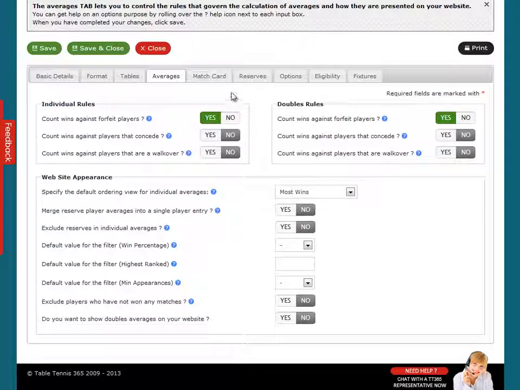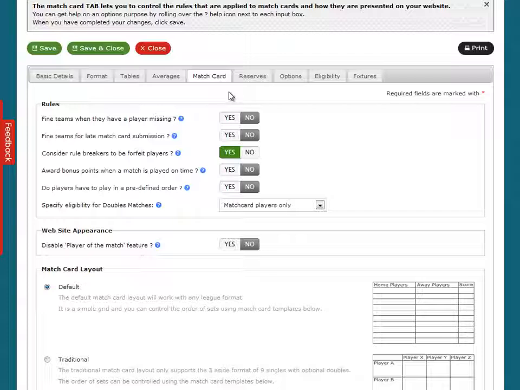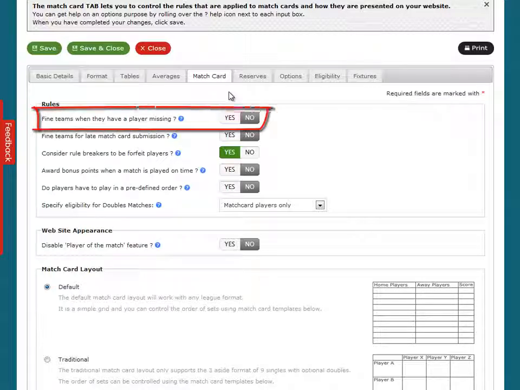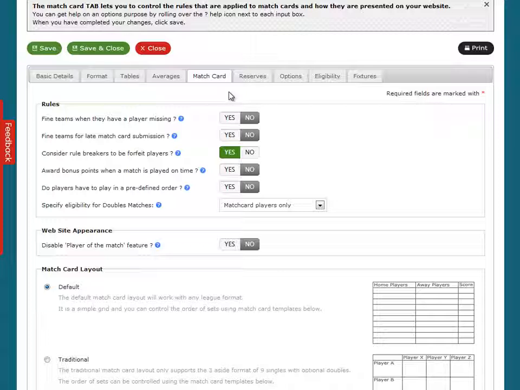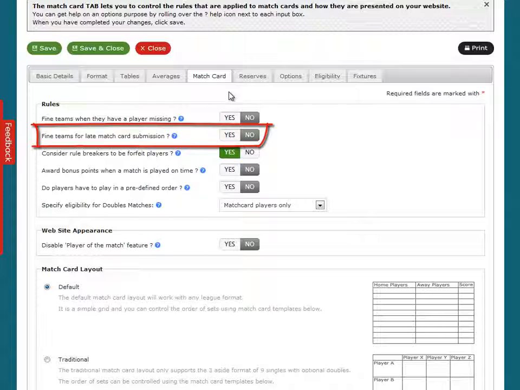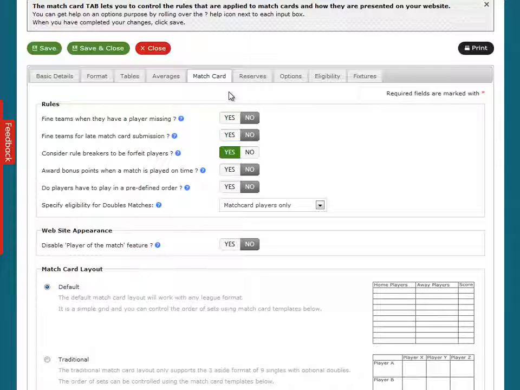The Match Card tab can be used to determine how certain scenarios are handled. If your league fines teams when they have players missing, you can specify how much the fine should be, and the system will keep track of all these fines for you during the season. Likewise, if your league fines teams for late match card submission, you can specify at what point a card is late and also how much to fine the team, and again the system will keep track of these fines throughout